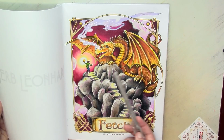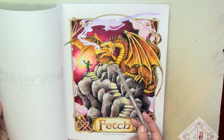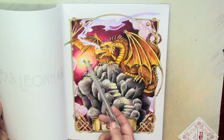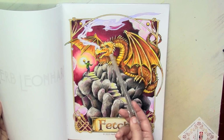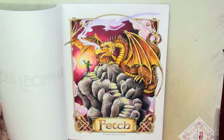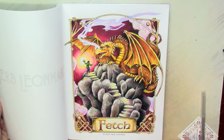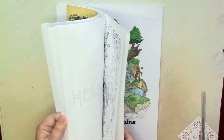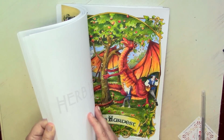So the color of the background also makes a reflection on the stones here, and this bright yellow helped me to attract attention to the ball which they are playing, and I think that golden dragon also looks interesting. At least in this book I try to experiment with various colors for the dragons. For now I have this orange red,